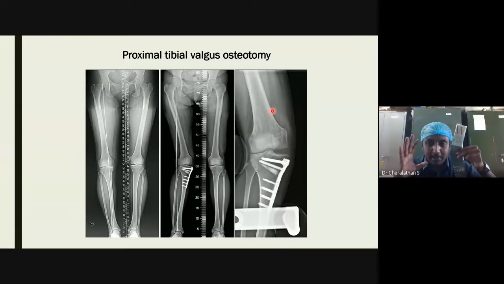It is just a principle. You can apply the principle in any way to achieve the result you want. You can do an opening wedge, you can do a closing wedge. Usually, since you are not leaving a gap, a closing wedge is preferred in certain cases, but that depends on the particular patient, how much angle you are supposed to correct, the weight of the patient, and whether the patient is healthy enough that bone formation will be good. There are multiple factors. So it is the surgeon who decides which type of osteotomy he wants to do. But ultimately, to correct a varus, he does a valgus. To correct a valgus, he does a varus.